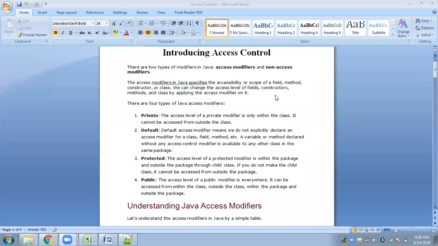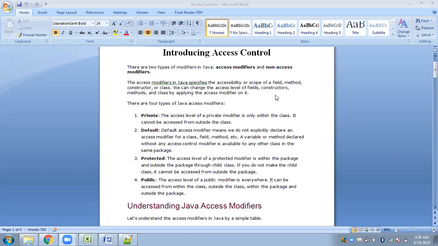Today we will go through a very important topic, which is access control. We have been looking at different access controls like private and public. Sometimes we don't even use access control; we directly use the class name without mentioning whether it is public or private. Those are access modifiers or access controls. We have been using them without much knowledge about them.